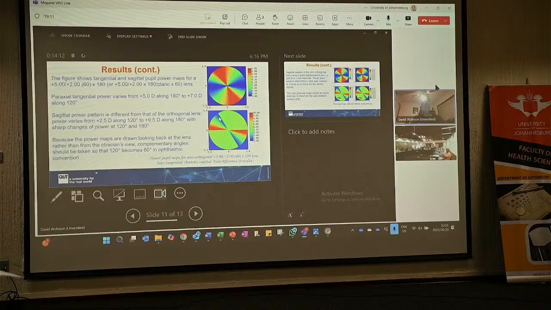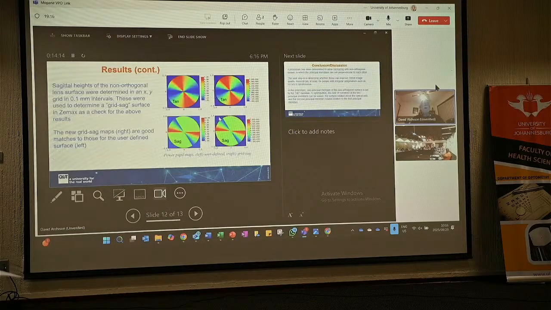Anyway, let me move to the side on the graph, just to show you what happens if you just follow up on that stage. I'm a little bit concerned about the digital power because it looks so strange to me. So what I did was I was able to get all my height and I created what's called a grid stack surface in VMAX. So this is just a whole bunch of height on the surface, just spread out on an XY grid. And when I did the ray tracing within surfaces, with the user defined grid, I got almost exactly the same result.